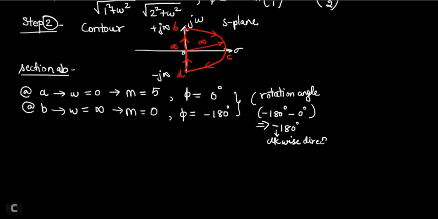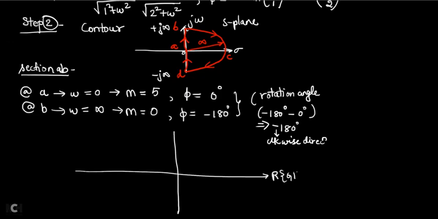Now I am going to draw the Nyquist plot only for section AB. For the Nyquist plot, the real axis should be the real part of G into H, and the imaginary axis should be the imaginary part of G into H. What is this diagram called? This diagram is not the S plane, correct? It is called the G into H plane. It is no more called the S plane now. You should write the plane as G into H plane.